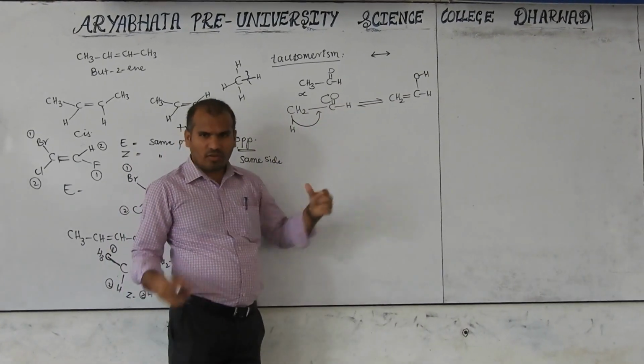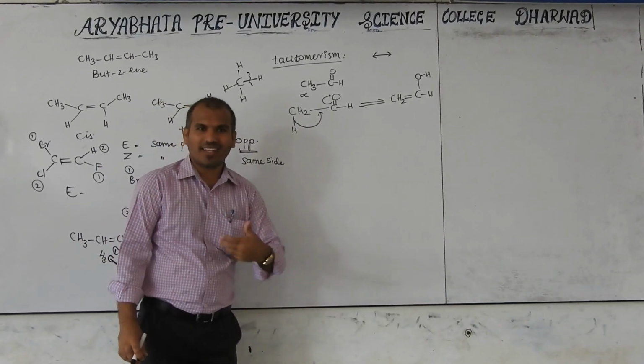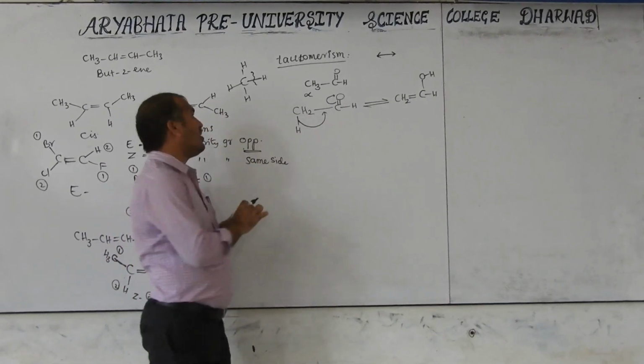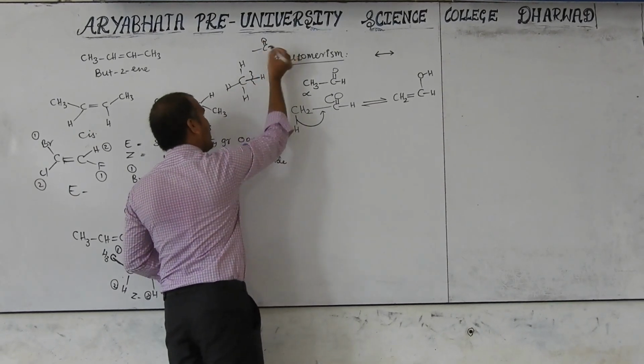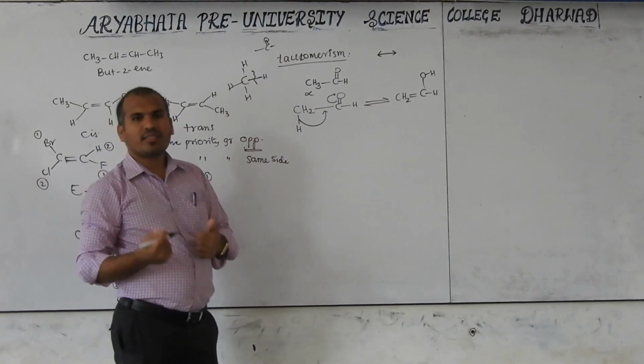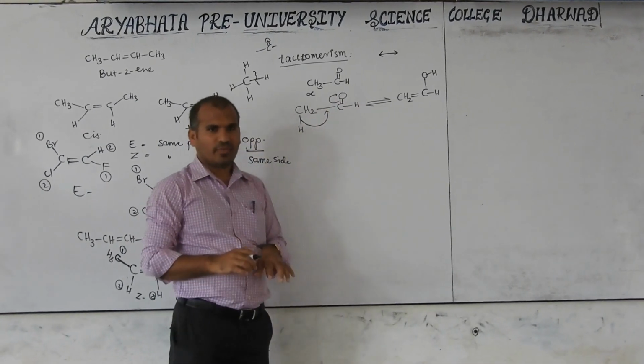This is called ketone. Then you may ask a question here. There already is a group, so why are you saying that it is a ketone type? Totally, this group we call here ketone. Okay. If your H is there, it is aldehyde; R is a ketone bond. So simply it is called ketoenol tautomerism.